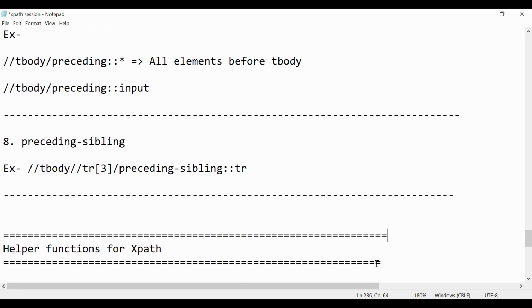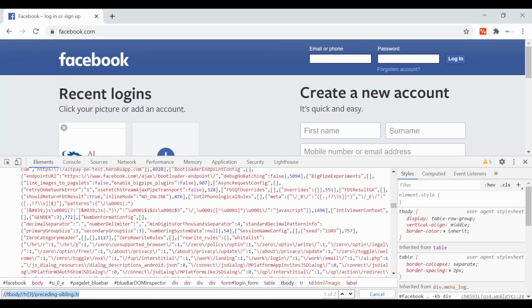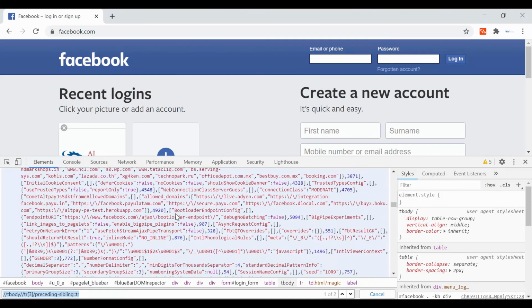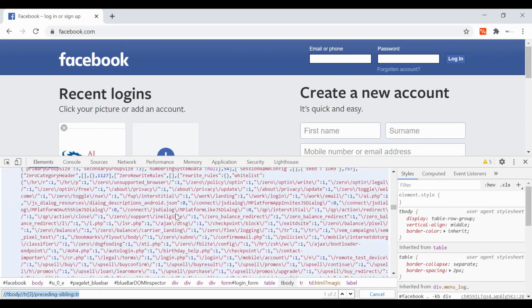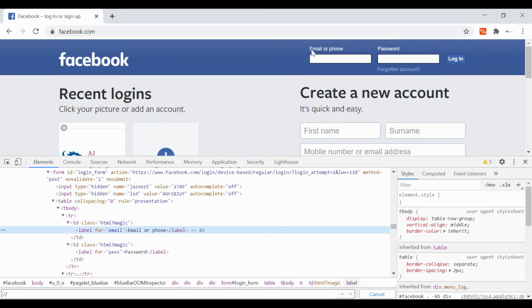The first one, I will just show you. Let's inspect this one.